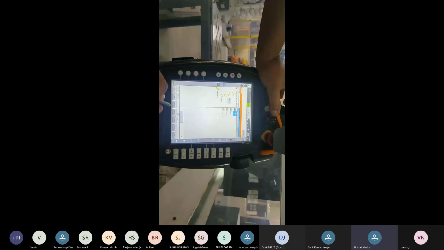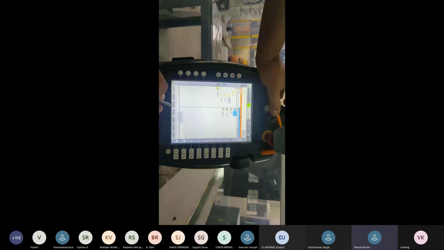Okay, and if no program is selected, it will be in a gray color. Okay, so now we can play this program. This program you can see here is in C++ language. In KUKA robotics, C++ language is supported. Okay, so we can make the program in C++ language.